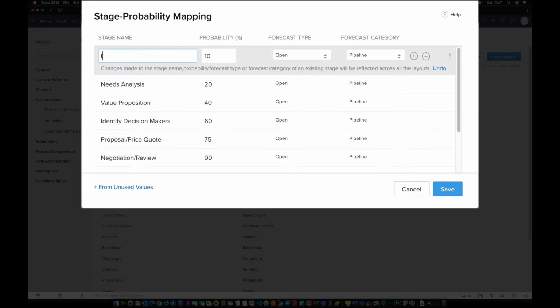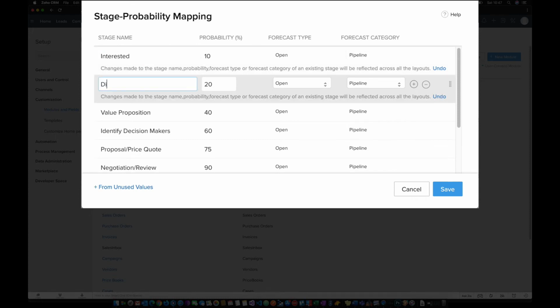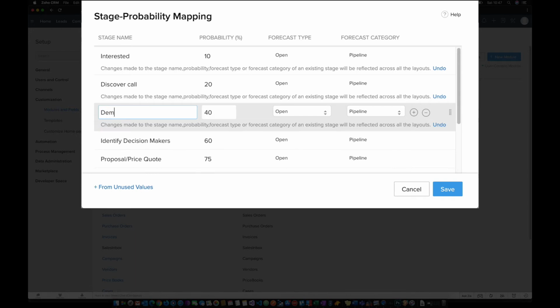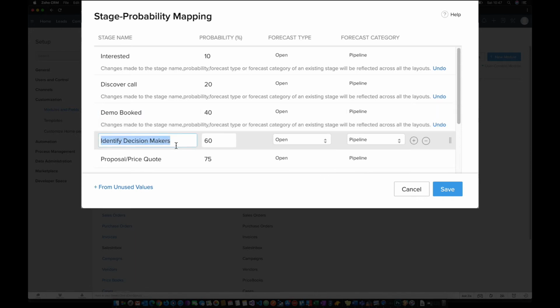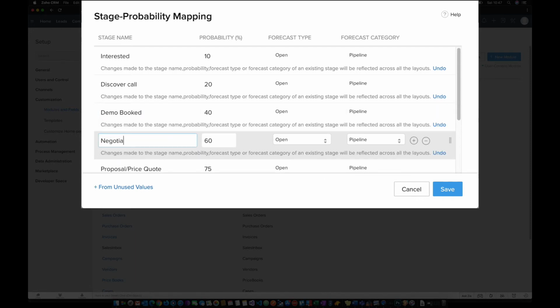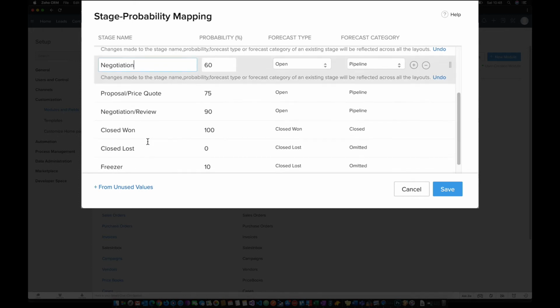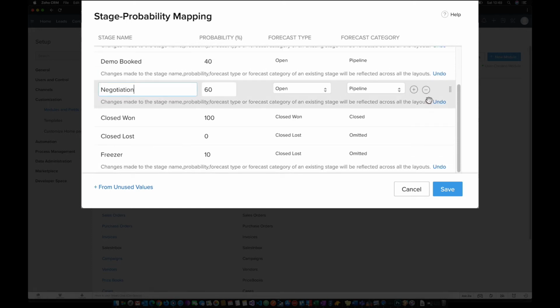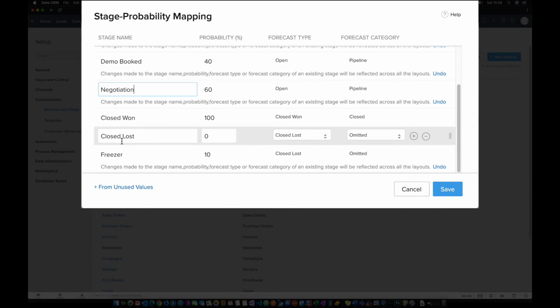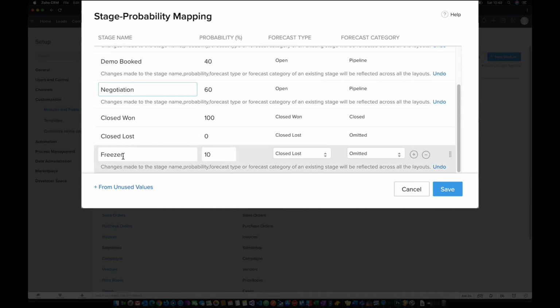So the first stage may be that we've had an inquiry, so a prospective customer has demonstrated some interest. We'd then want to get them onto a discovery call. And then we'd want to get a demo booked. And then we'd probably go into some form of negotiation after that, maybe sending them a proposal. And then after the negotiation stage, it will be either closed won or closed lost,